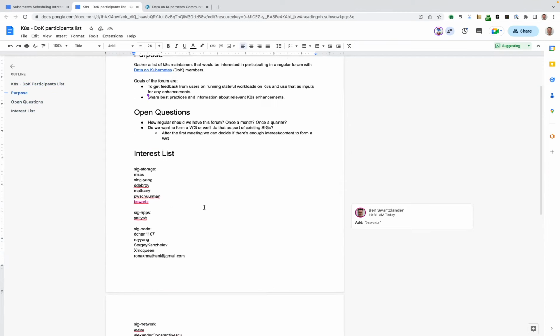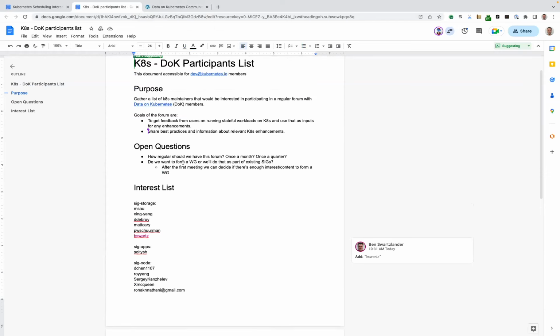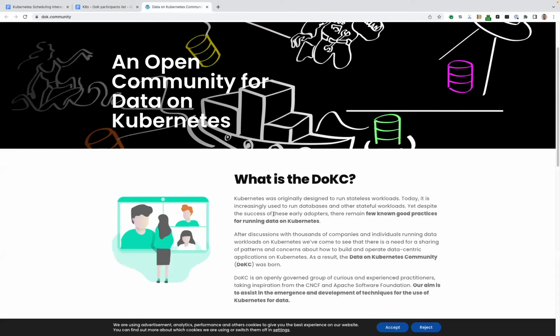My goal is we can get direct feedback from users about any sorts of friction or problems or things they'd like to see us enhance in Kubernetes to make their lives easier. So we are going to schedule a first roundtable session in January.